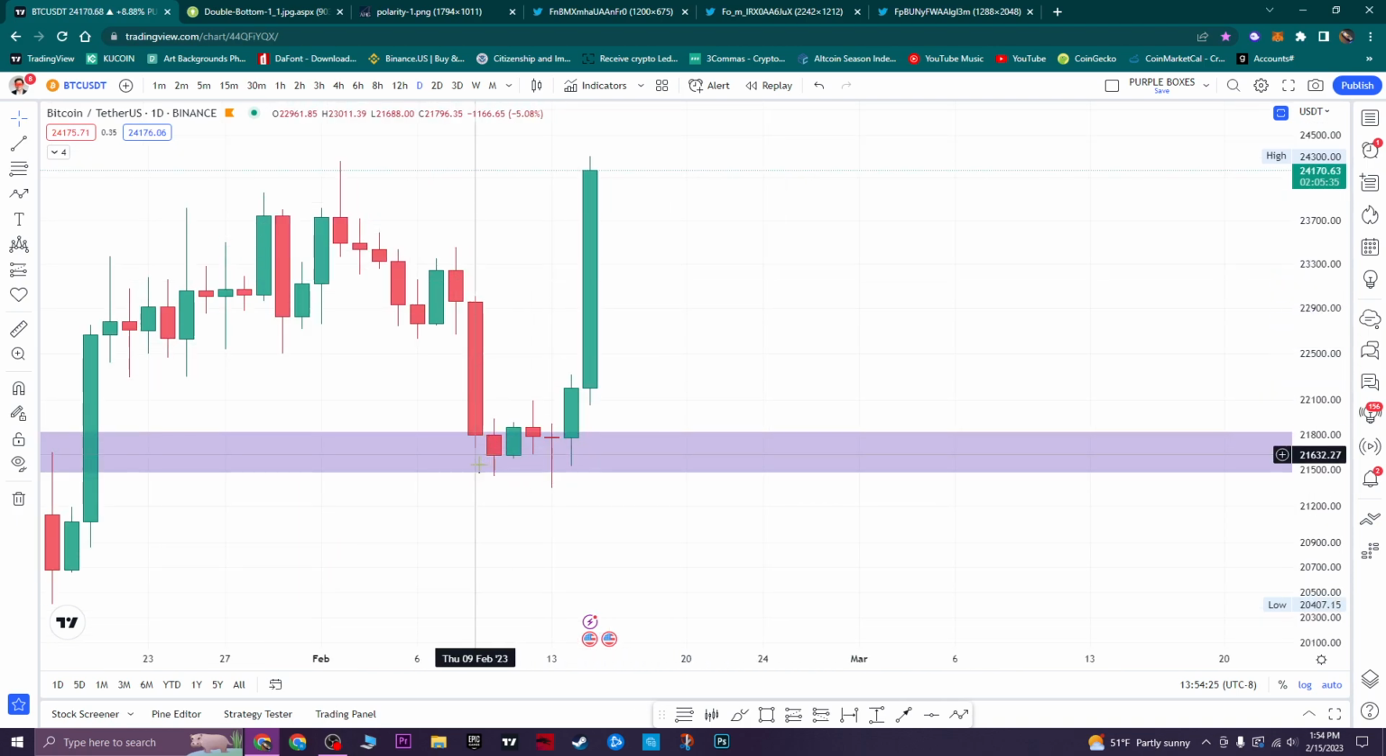The psychology behind this pattern is basically sellers try to push the price below this key level, but they fail to do so. And buyers actually stepped into this level and entered the market and bought a lot of Bitcoin. This is a lot of buying pressure. Imagine the market cap of Bitcoin is massive. Imagine how much money it needs in order to be moved